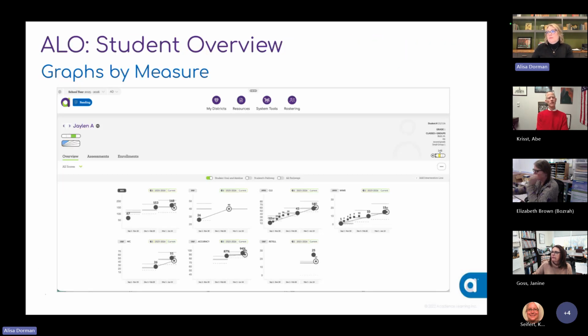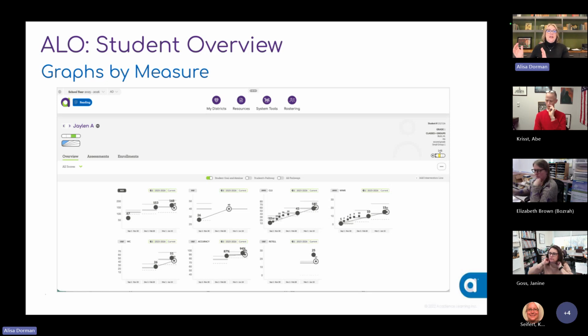At the step level 4, some examples of ways that you can look at data is you can drill in to ALO if you're using Acadience Learning Online, and you can get into one student view. You can get into the tabs here for that student. The overview tab will show all of their performance against all the measures as graphed for this year, or you can go back to prior years and see historical reference data as well. You'll be able to see if that student is being monitored in something that you have found to be a risk indicator, and you can see how they're progressing against that sort of support that's being provided.